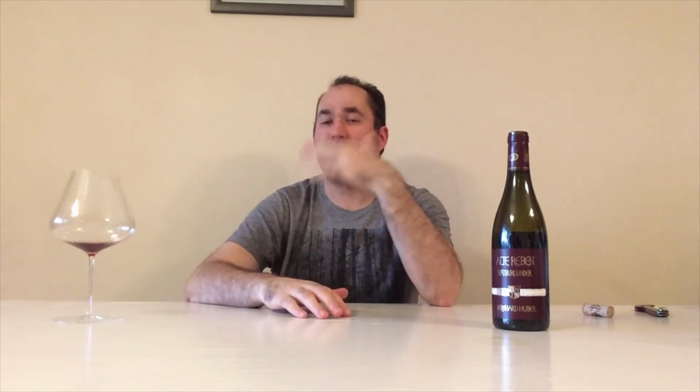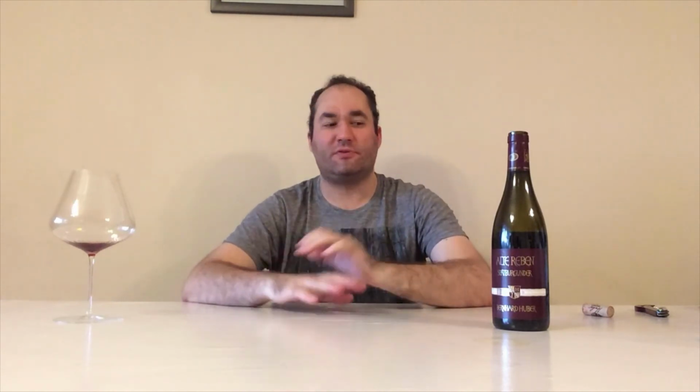So, is Baden a particularly common place for Spätburgunder, or is it grown all around Germany? It's grown in all the regions. No, it's not grown in regions further north much because they just can't get the ripeness there. But in the southern regions,